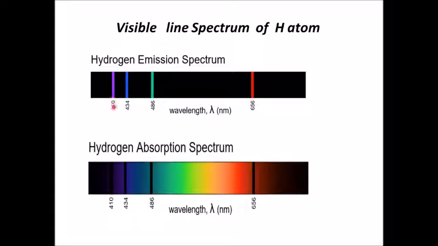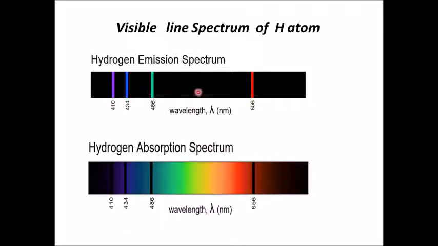So, when it emits 410 nanometers, that line is black over here, it is dark. That means the rest of it has been absorbed, 410 has also been absorbed, and the emitted line is at 410. So, the dark part here you cannot see because it is emitted over here. Now, what about the rest? All those emitted lines will be seen as colored lines here, and here they show as black lines because they are missing from the absorption spectrum.